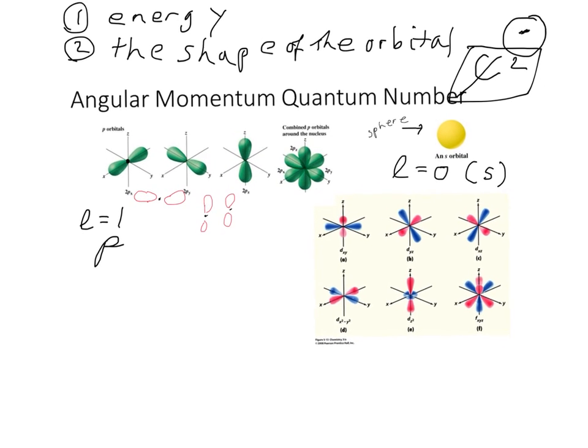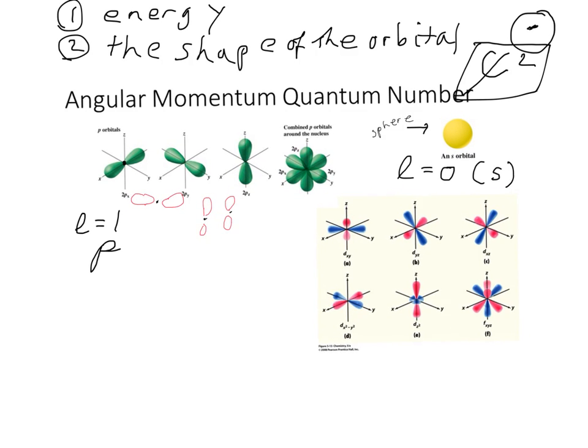If you were in my face-to-face class, one of my classic questions is to ask you, sometimes as open response, to sketch the shape of a p orbital, or if your angular momentum quantum number equals 0, sketch the shape of an orbital. If your angular momentum quantum number